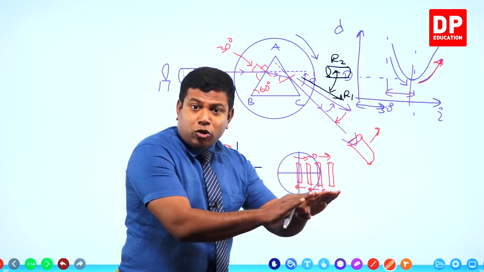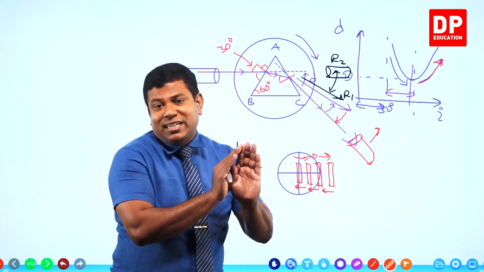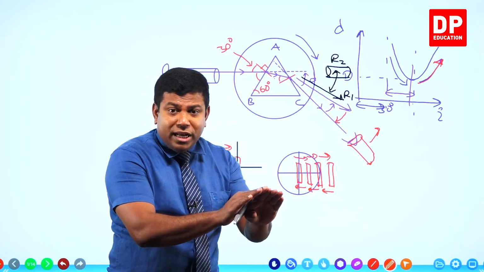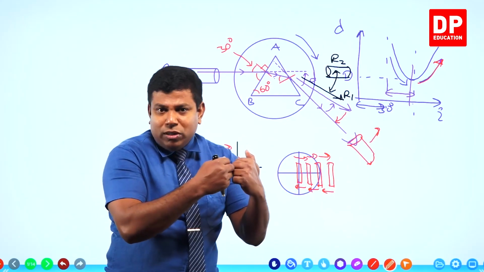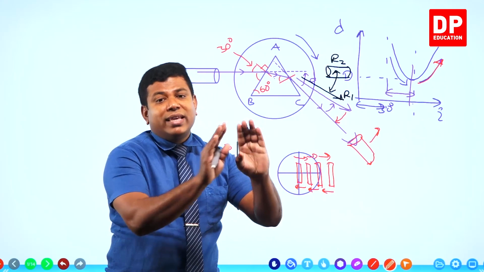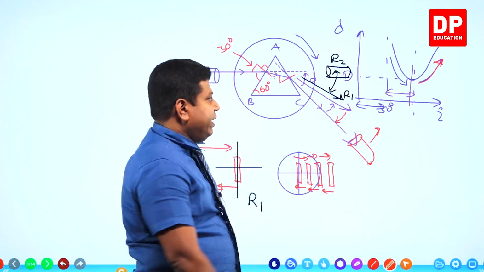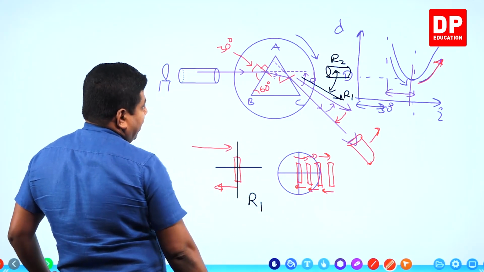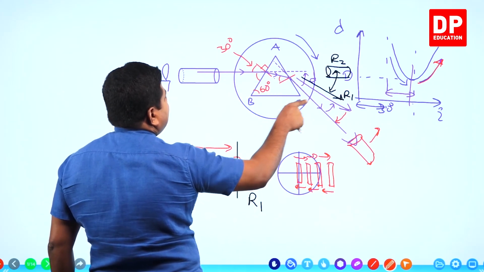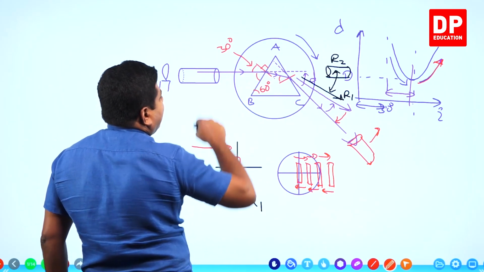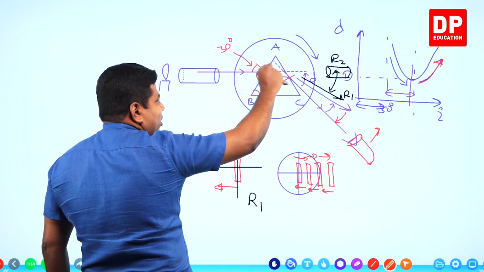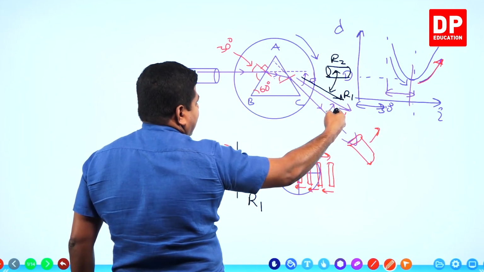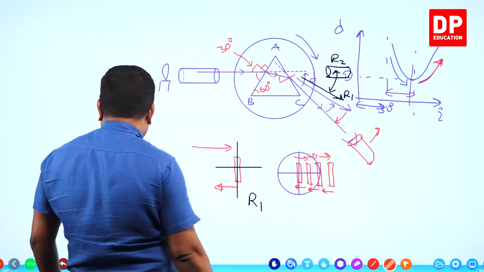Assuming the spectrometer has already been calibrated. Right? If you did not do the calibration, then all those calibration steps have to be done. Then we have to come to this. So here we have already done the calibration. We can do this straight away. Now you understand why we keep BC parallel here, so that we can start with 30 degree. Because if you keep it at an incident angle less than that, you will not have the emergent ray on this side. So we will start with 30 degree.